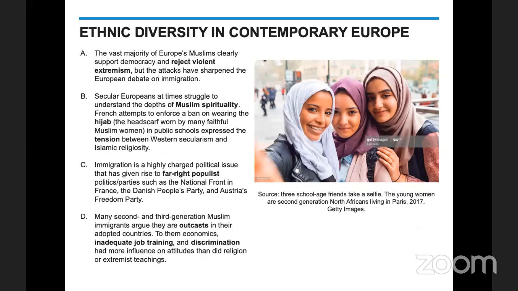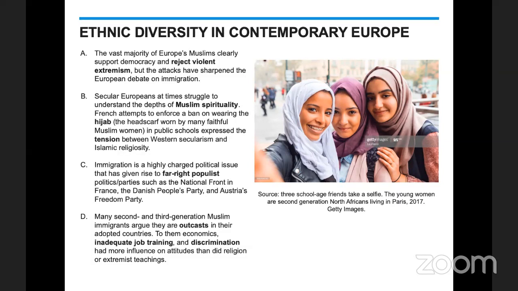So let's take a look at the source now, the image you see. These are three school-age friends that take a selfie. They are young women, second generation North Africans. They live in Paris in 2017, and they look very much like young people you'd be going to school with today. There's no question. And so A, the vast majority of Europe's Muslims clearly support democracy, reject violent extremism, but